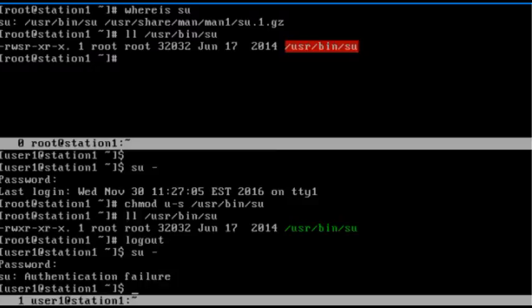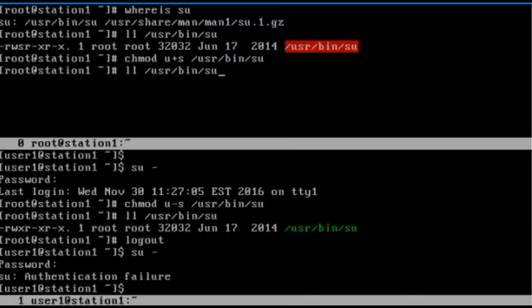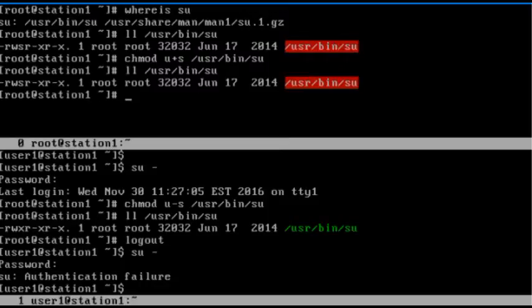Before we go any further, let's put the bit back on the su command. Ctrl+A, Tab, chmod u+s /usr/bin/su, and verify. We can also use the digit 4 instead of u+s. We can also do chmod